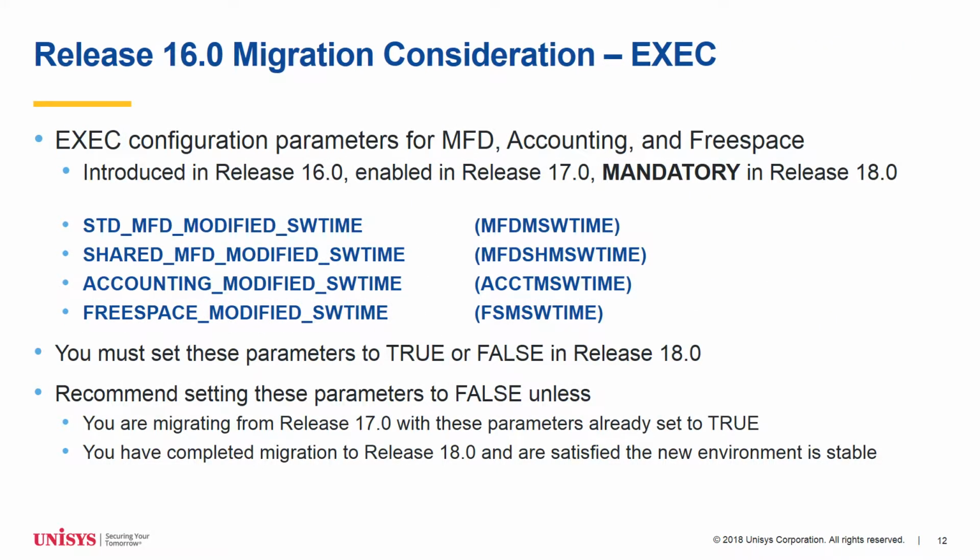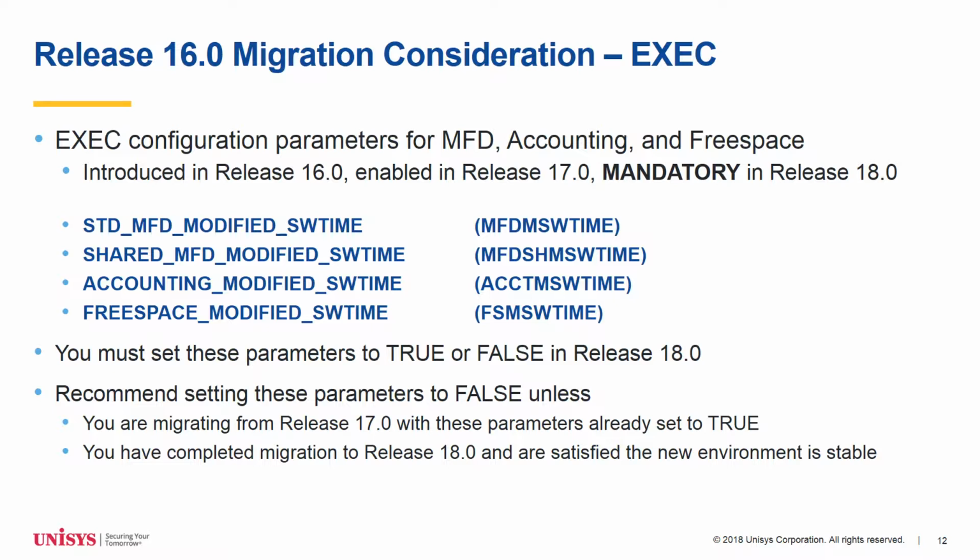Release 17 introduced the ability to set the 4 EXEC time-related configuration parameters shown here. These parameters dictate which timestamp format is used when new timestamps are created for the data structures associated with the EXEC's master file directory, or MFD, accounting, and free space components. All of the timestamps in these data structures were originally TDATE dollar format. Beginning with Release 17, you can set these parameters to true to generate timestamps in the newer modified SW format. In Release 17, these parameters had a default value of false, indicating that EXEC should continue to create TDATE dollar